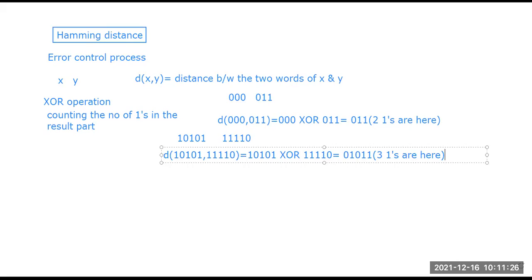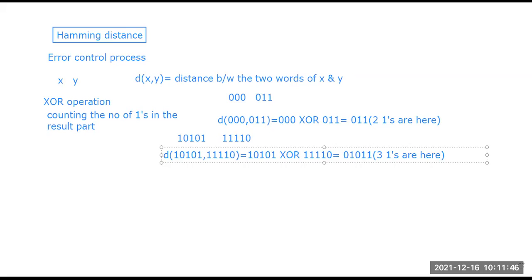Now, the distance and the error. The Hamming distance is calculated between the sent word and the received word. The two words mean one is the sent word and the other is the received word, right?